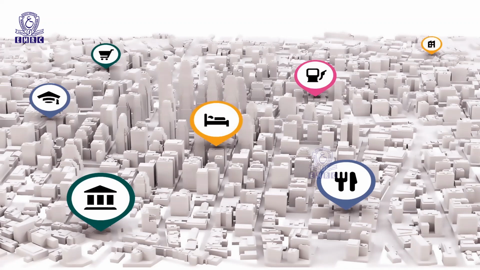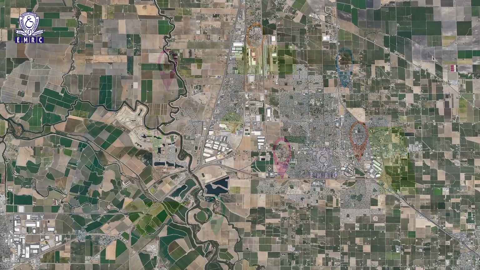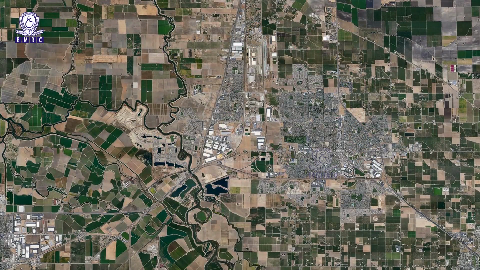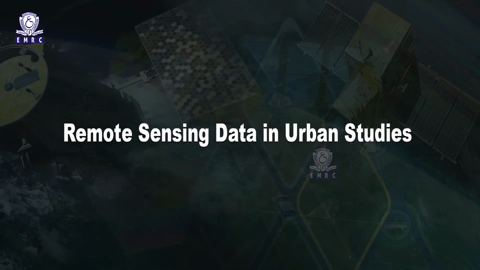The remote sensing techniques are extremely useful for change detection analysis and selection of sites for specific facilities such as hospitals, restaurants, solid waste disposal and industry. An attempt has been made to demonstrate the potential of remote sensing techniques in base mapping, land use and land cover mapping, urban change detection and mapping, urban infrastructure and utilities mapping, urban population estimation, management, etc. Remote sensing data in urban studies.